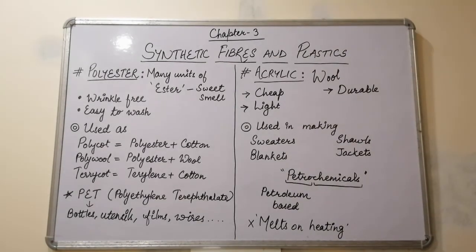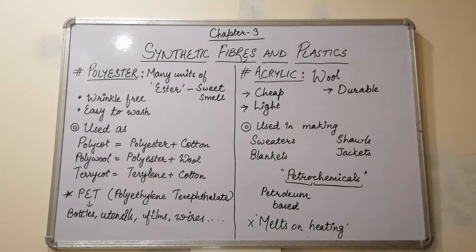By definition, we had seen what is a monomer and what is a polymer. Then we had seen the types of synthetic fibers, in which we have learnt about rayon, which is known as artificial silk, and nylon, which is the first complete, or you can say first fully synthesized synthetic fiber or fully artificial synthetic fiber.